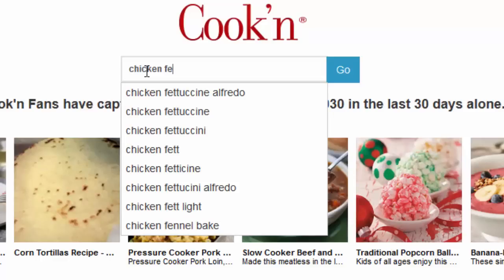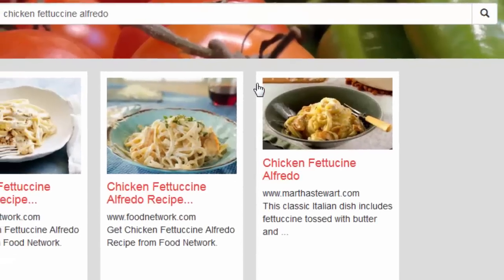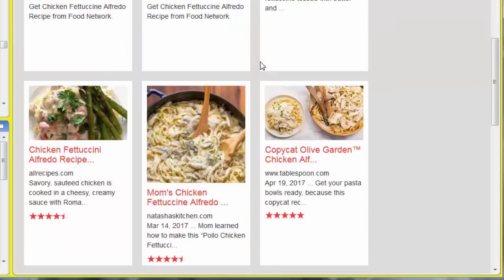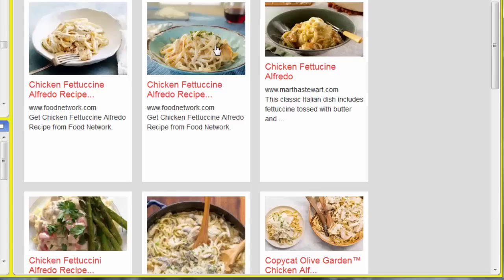Now, in the new version, we suggest recipe search terms. It's spelled for you, and there's a bunch of different kinds of chicken. Oh, there it is. Or actually, I didn't want chicken fettuccine, I wanted the other chicken, like five down or something. I've done that multiple times, where I'm looking for one thing, and then I see a suggestion and I'm like, oh, that's even better. That's what I want. I thought I was in the mood for chicken fettuccine, but actually...